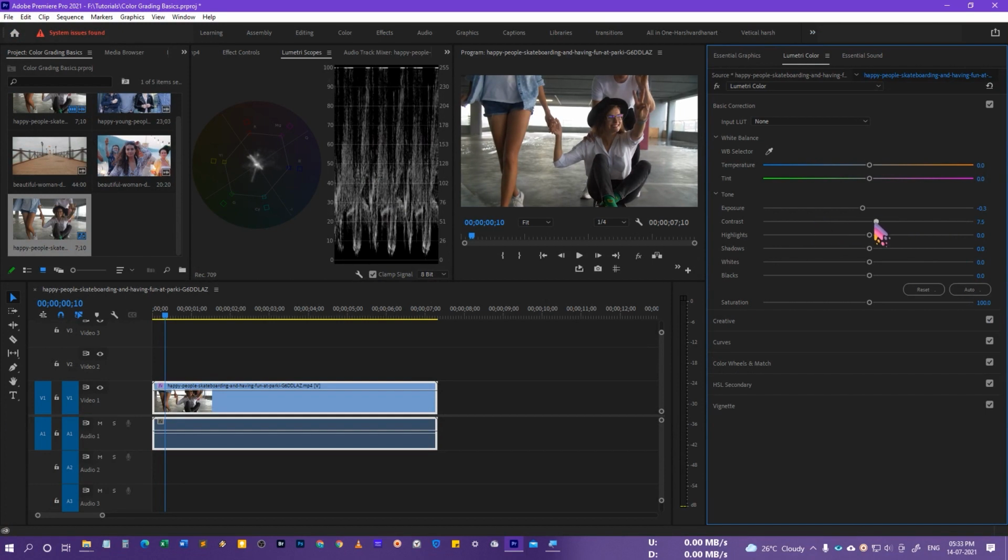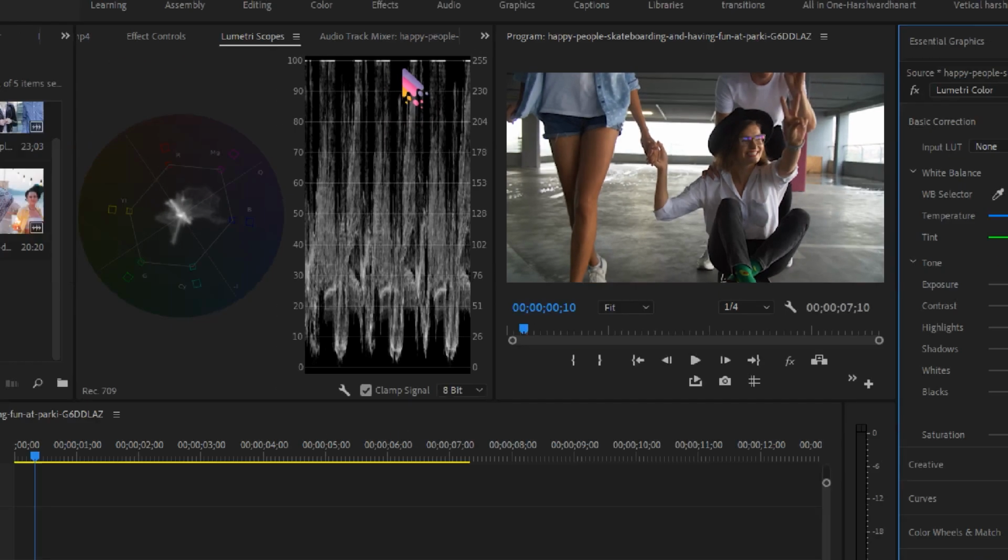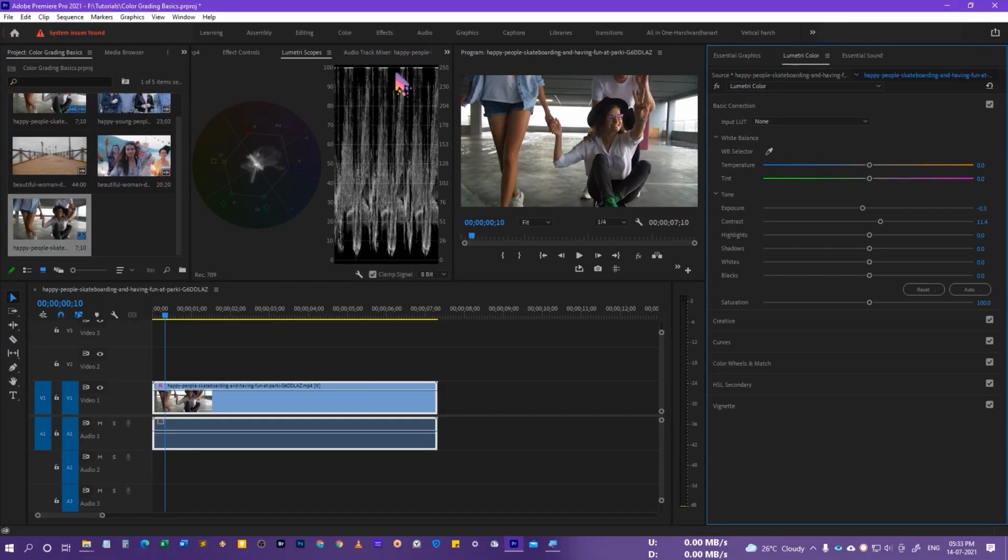So you can adjust it according to your liking. And then we have the option to adjust the highlight, so we can bring the highlights down by dragging it to the left side, or we can just drag it up, and that's going to add lots of white, but make sure that it doesn't go beyond the 100, so that's going to clip the highlight. So in this case I'll just go for the default one, because I think the graph is already showing that it's perfectly exposed, because this is a stock footage, so it has already been color corrected and it has already been color graded.